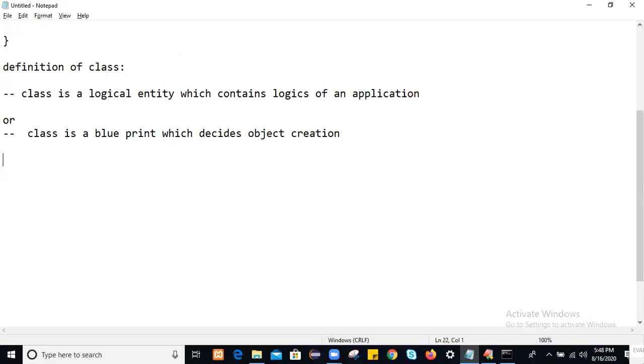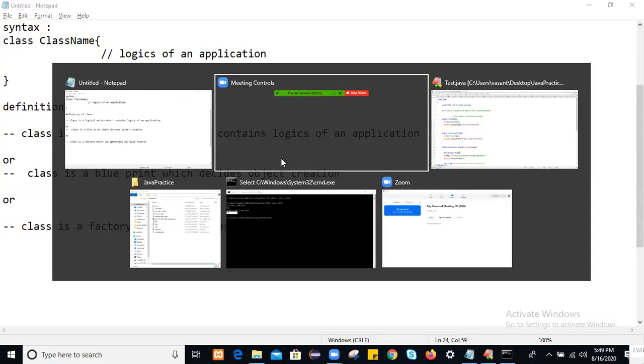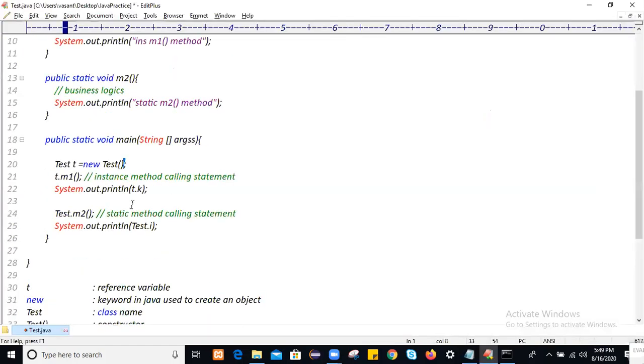Or else you can define class this way also: a class is a factory, one kind of factory which can generate multiple objects. By using the new keyword followed by the class name, you can create multiple objects in any area.